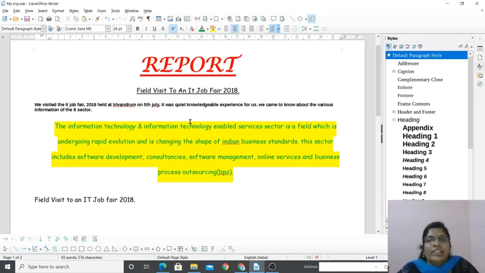This is the third formatting option for paragraph. Can you tell me what is the first option for paragraph formatting? It is called indentation. What are the types of indentation? Increase indentation and decrease indentation. We can say left or right.